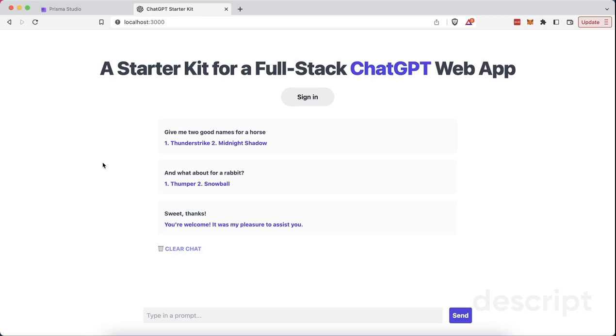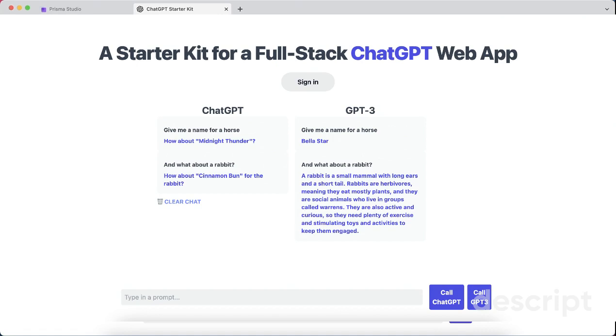Hey everyone, in this video, I'm going to walk you through building a simple end-to-end feature using your starter kit for a full-stack ChatGPT web app. We're going to extend our simple ChatGPT interface into two parallel chat interfaces, one that calls ChatGPT and another that calls its predecessor, GPT-3. When we're done, we'll be able to call prompts to either model and compare the results